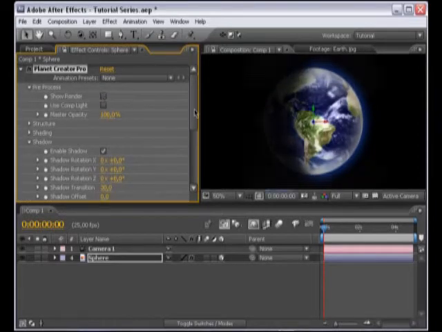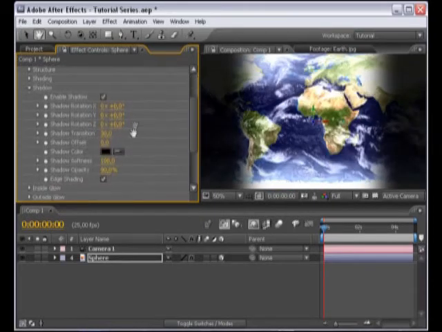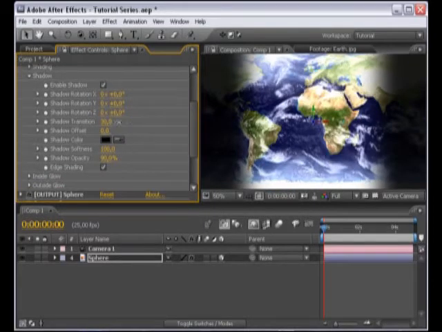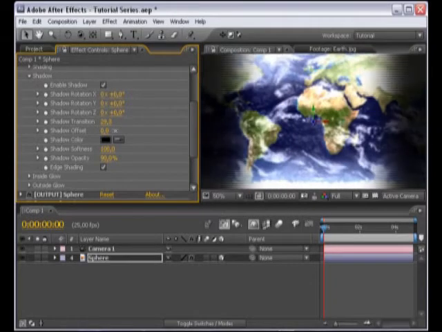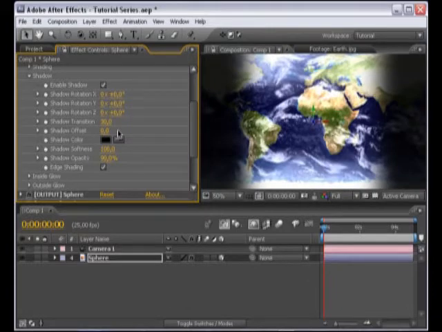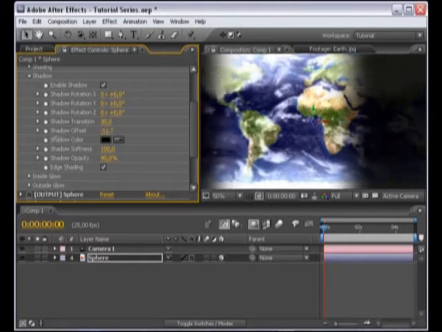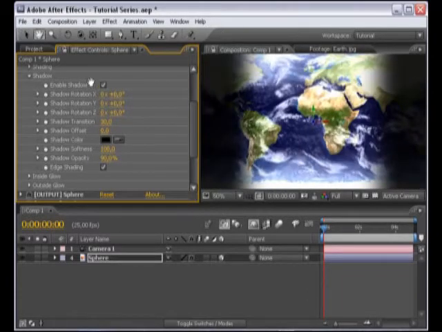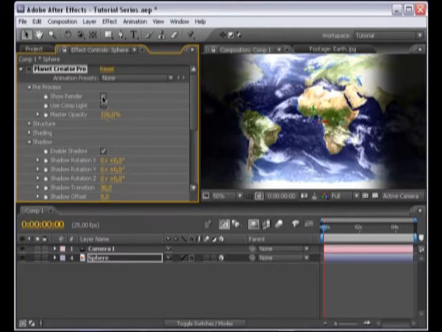If I uncheck the show render, you can, that's the transition. You see how much light there is in the picture, or the shadow offset. You can offset the shadow, for example, and you have also